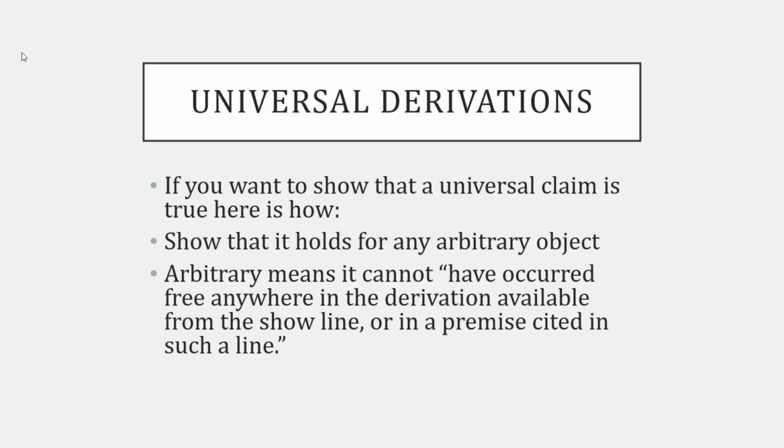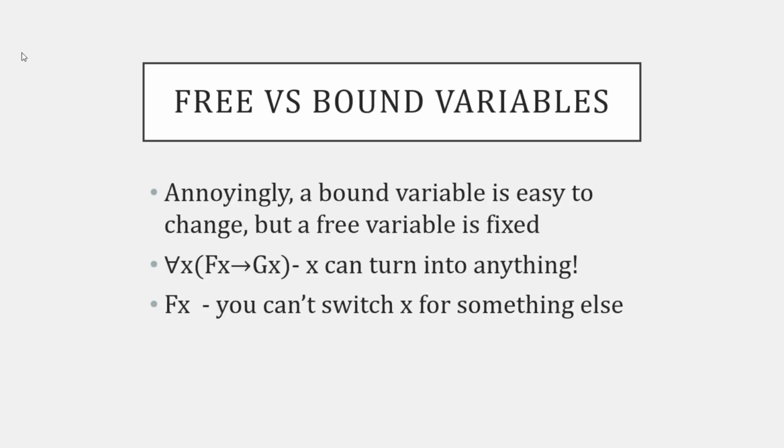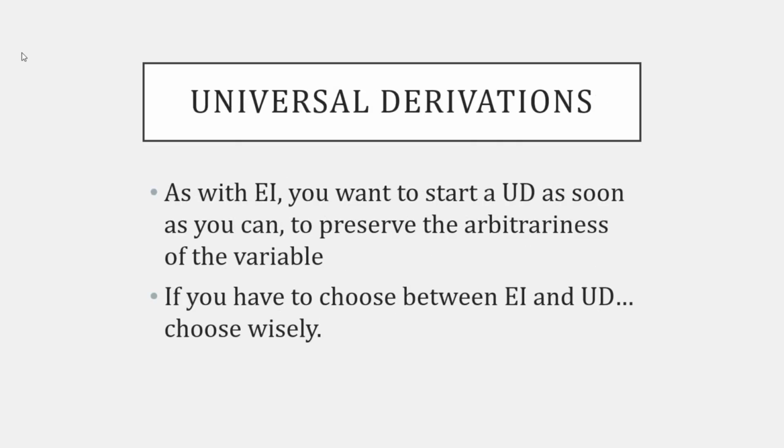So that's why this rule exists. That's why it can't appear free in any previous line or any premise cited in the previous line, because that's having information about the free variable. It's fixing information about the supposedly free variable. Okay, so my complaints aside,